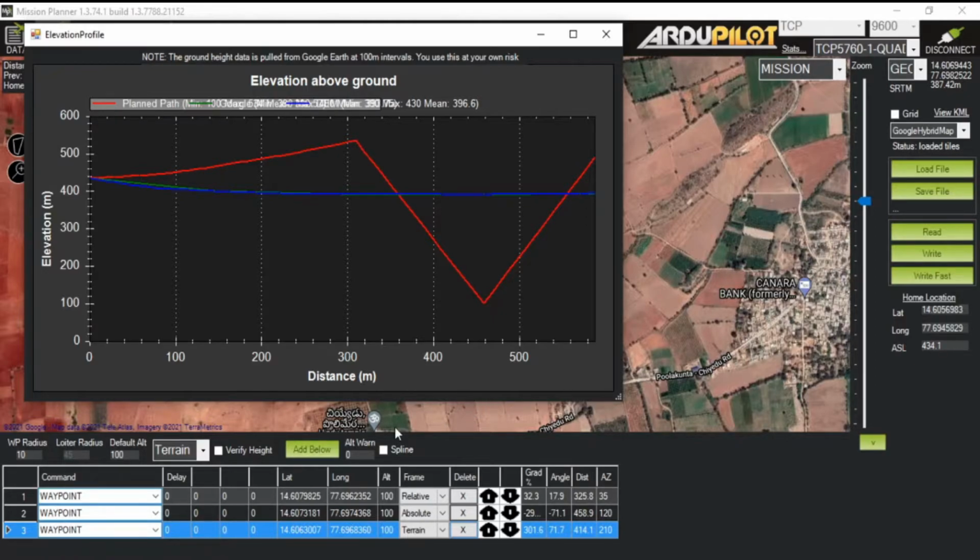So what is basically the need of all this frame? Suppose when you are flying into the hilly areas, so in that condition it is always recommended to change the frame into terrain. Otherwise you can simply go to the elevation graph or elevation profile and check it. If you see the crossing of these two lines, that means you will see the collision here. Your drone will simply hit the ground here, or your drone will simply hit any hill if you see the collision. So it's always recommended, if you are flying in the hilly areas, always use the terrain frame or whatever the frame is and cross check with the help of this elevation profile.